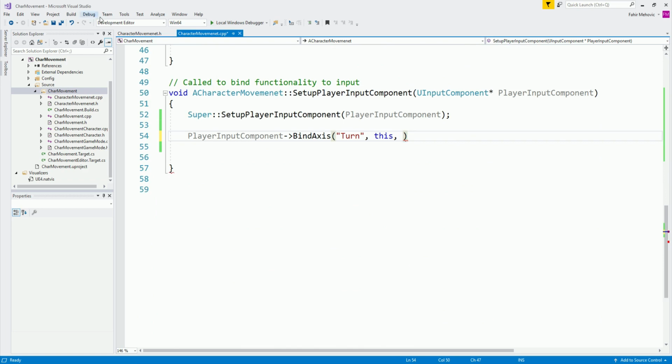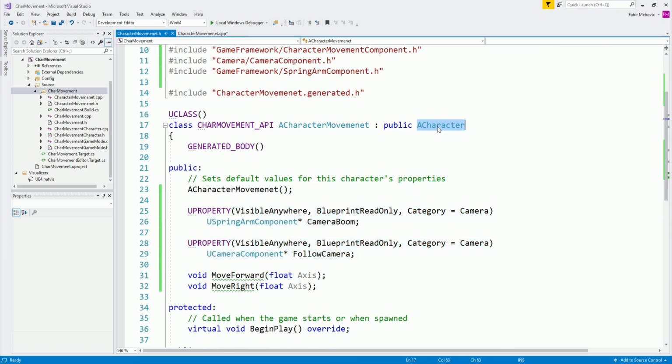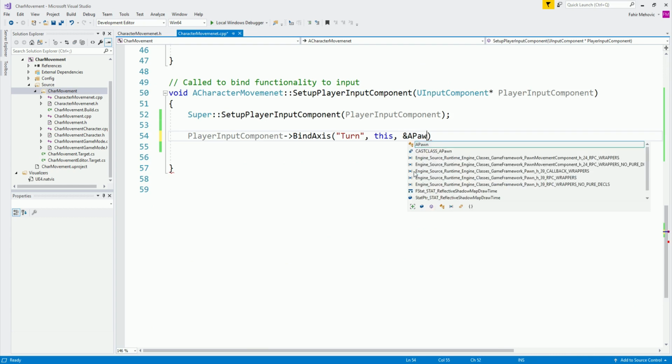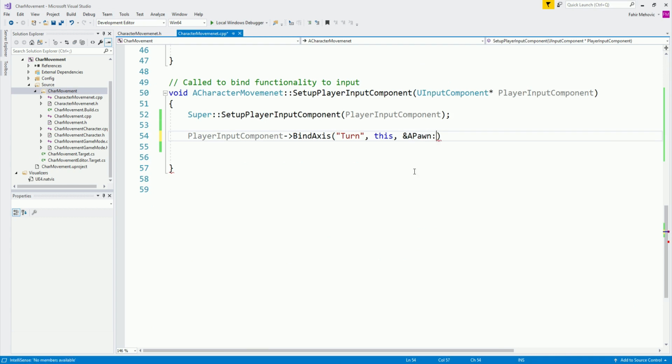And since we have inherited from the character over here, public ACharacter, I'm going to say and we are going to call a pawn, colon, so it's APawn, colon, add controller,